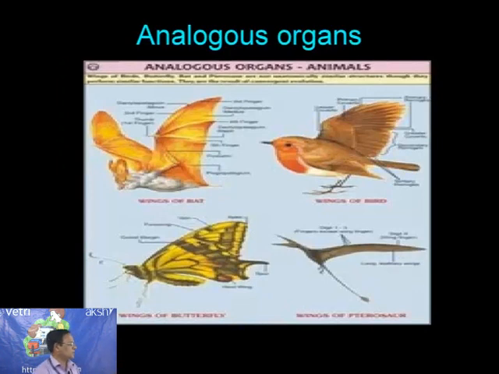So here is a picture I mentioned already, a colorful picture. On the back, this is a sparrow, the hummingbird also we can see. Now this one, the insect, and this is the primitive one which lived during the Mesozoic era, pterosaur. It also had wings, but never used for flight. It was used only for gliding. So we are comparing the wing of bat, bird, insect, and also the pterosaur that lived in the past during the Mesozoic era. All are considered as analogous organs.